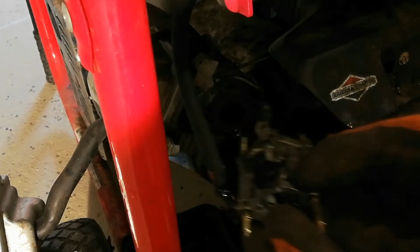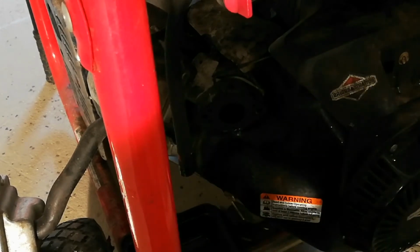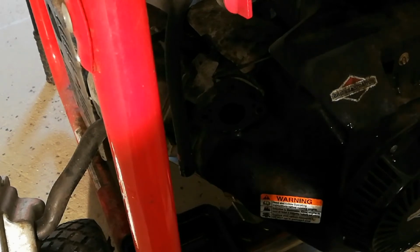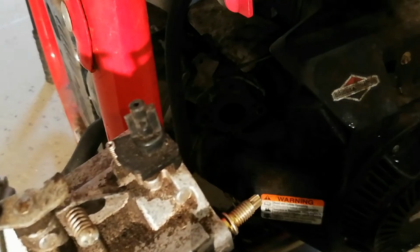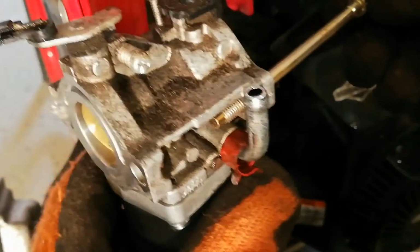And there you go. We have the carb off. You don't want to tip it up because some gas might come out. There might be some gas in the bowl, but that's it. So these will come all the way out like that. Same with this one. So I'm going to put this to one side,